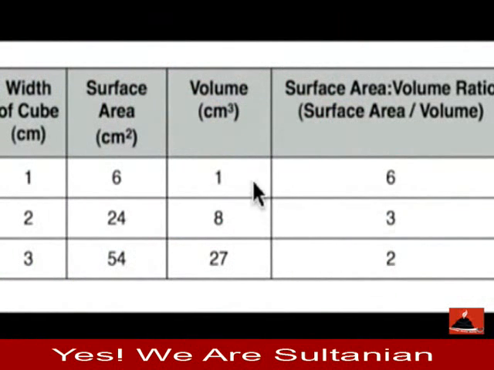As the size of the cell increases, so too do the surface area and volume. However, notice that the volume of the cell increases faster than the surface area when a cell grows, therefore decreasing its surface area to volume ratio. What this means is that the greater the size of the cell, the less surface area it has relative to